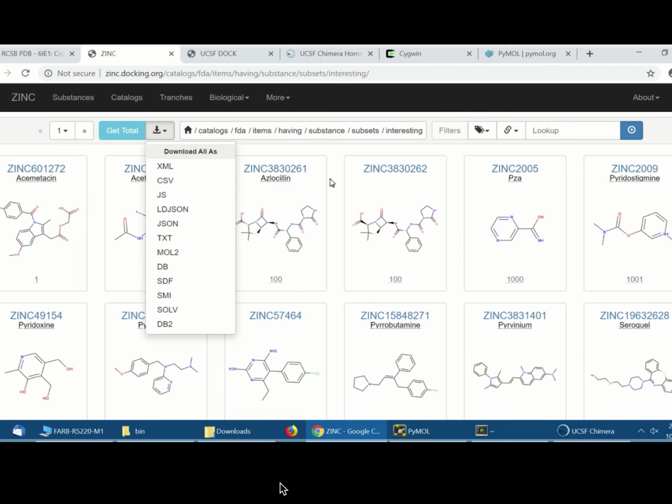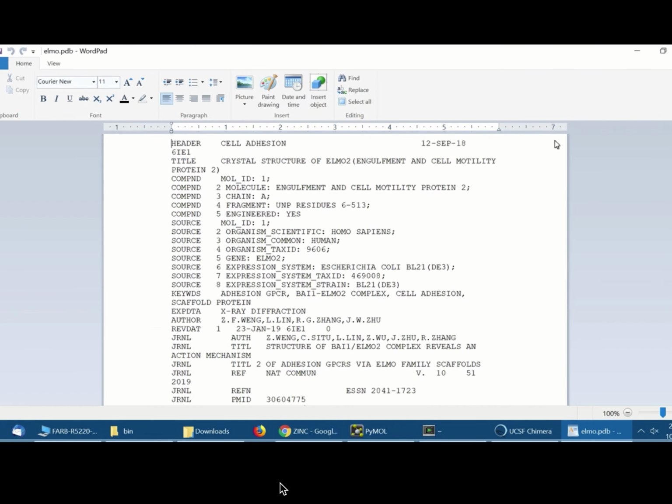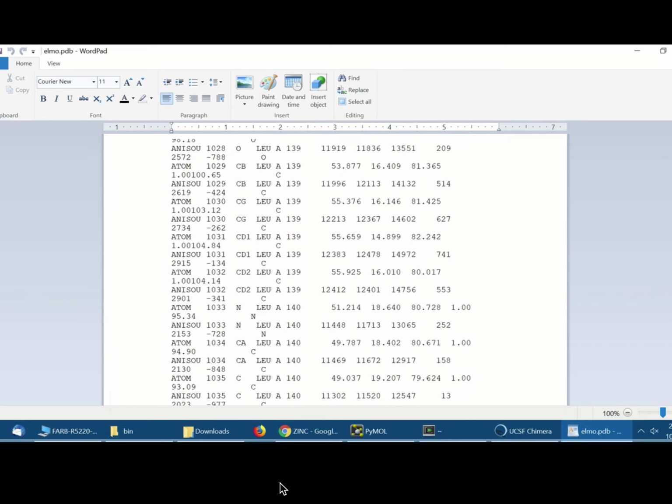Now, the first thing it says we need to do is delete heteroatoms from the crystal structure that we downloaded. That's just elmo.pdb. So I'm going to open that file in a text editor. This is just a text file. That's all it is. And if I scroll down, what you're looking at are the three-dimensional coordinates of all of the atoms